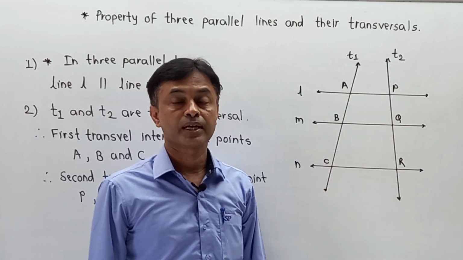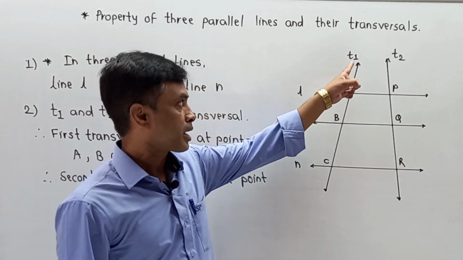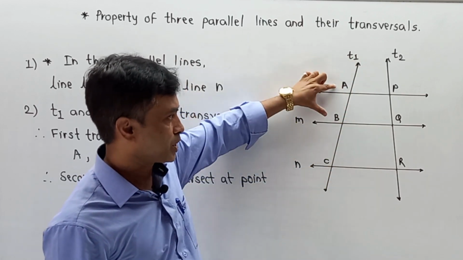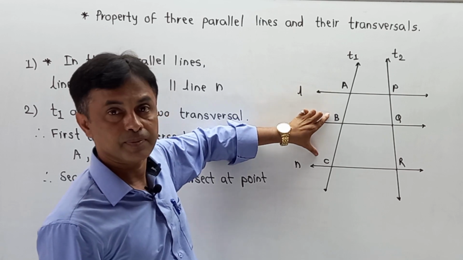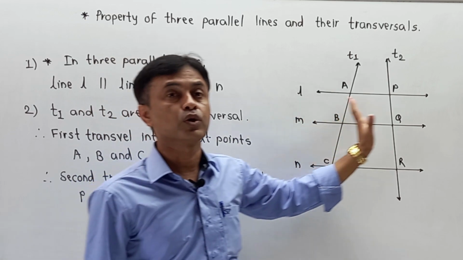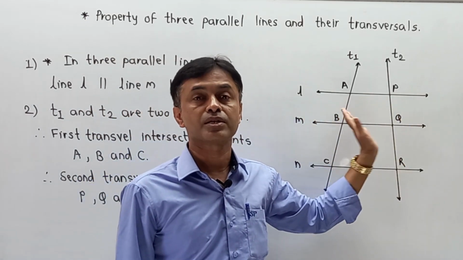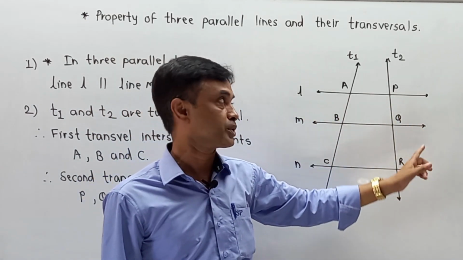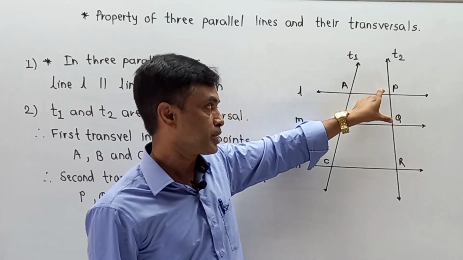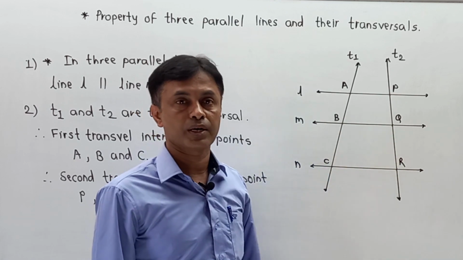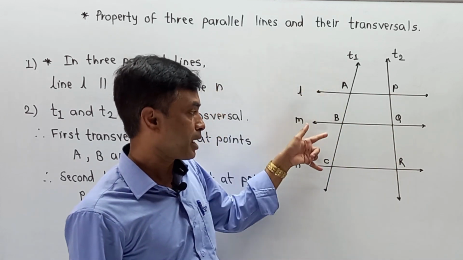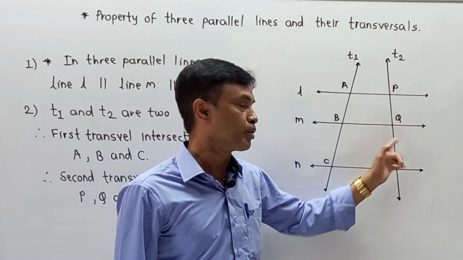But here there are ratios that get formed. आपका original transversal T1 gets divided in two parts: one is AB and the second is BC. Then there is a relation of AB is to BC that is correlated with the second transversal, जिसका रेशो दूसरे ट्रांसवर्सल के साथ कोरिलेट हो जाता है. T2 is the second transversal which is also divided in two parts: one is PQ and the second is QR. And the three parallel lines theorem says that AB upon BC is equal to PQ upon QR.